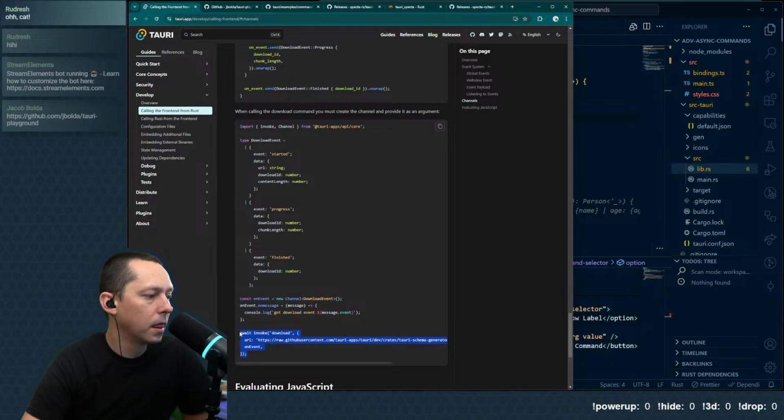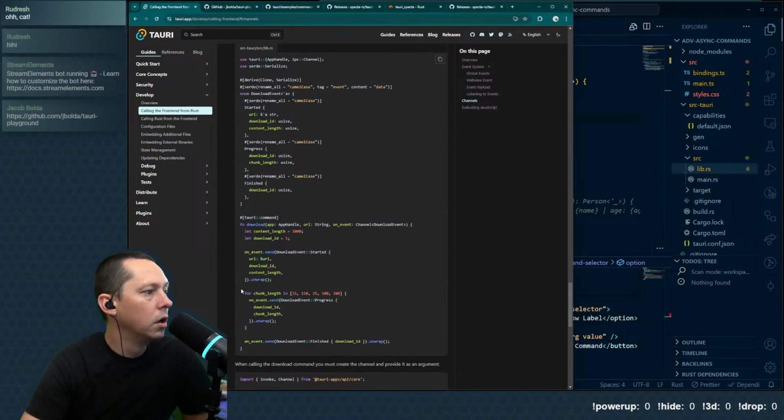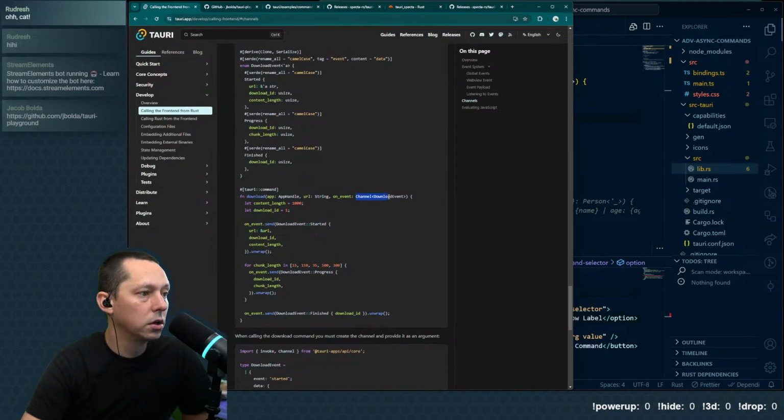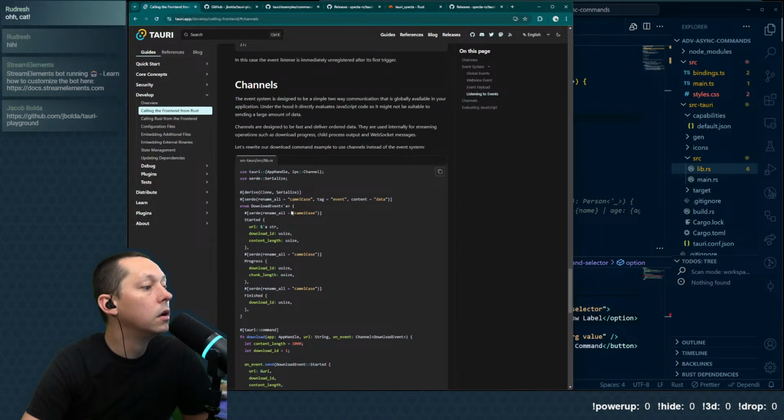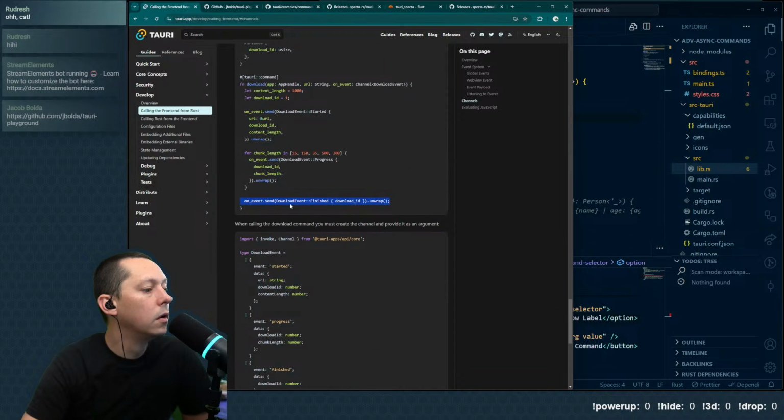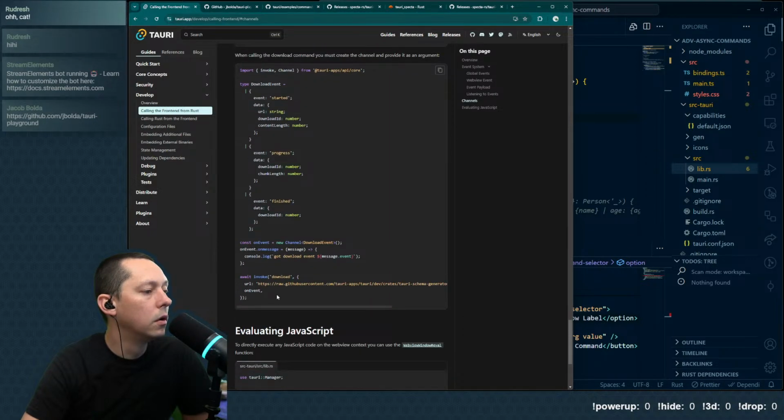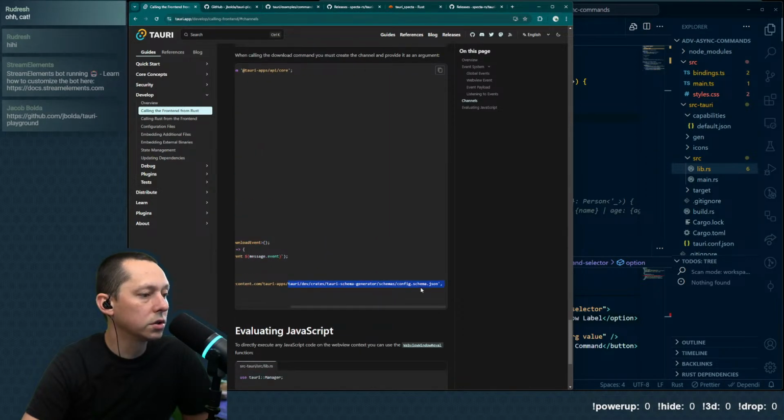To kick it off, it fires off an invoke. So it's using the command, and then that command, it doesn't say it's async or anything. It just uses the channel. And then every time we get in, okay, so it's actually doing this.